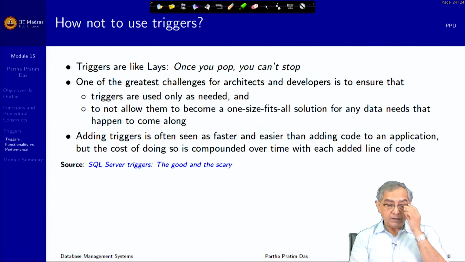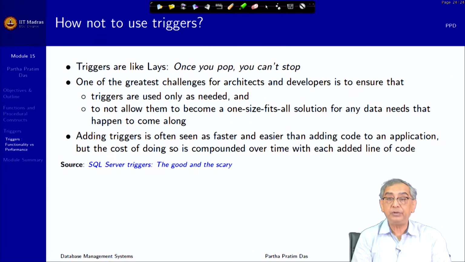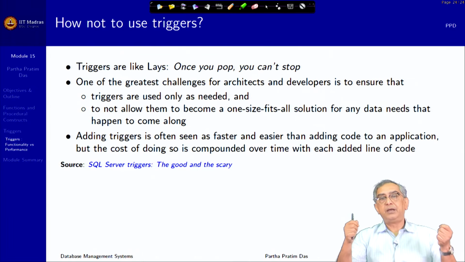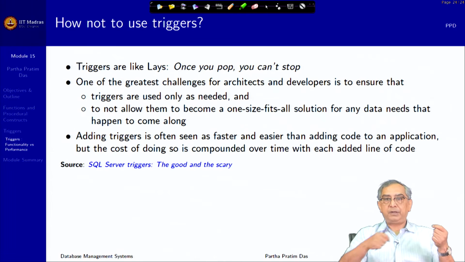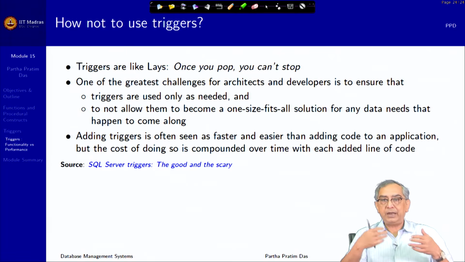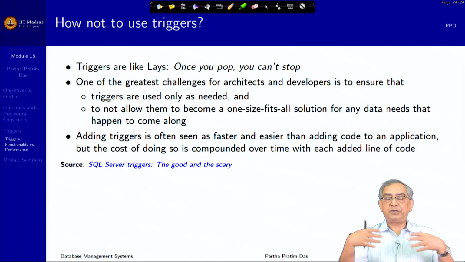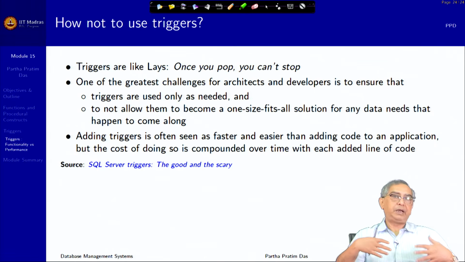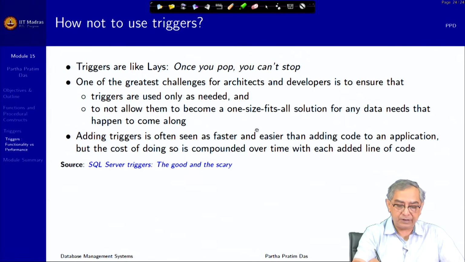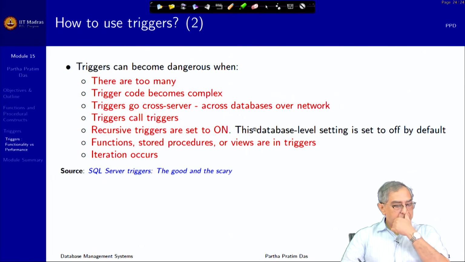and that is severely important, when not to use triggers. Right? It is like Lays, once you pop you can't stop. You open a packet of Lays, you can't have one and stop, you keep on. So, triggers are like that. Once you start using them, developers have shown the propensity to keep on using more and more triggers. So, in red I have tried to put some of the things you must not be doing,